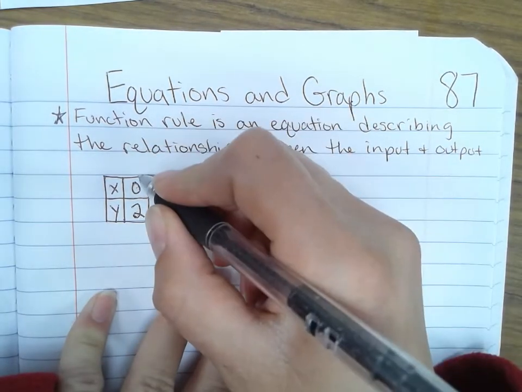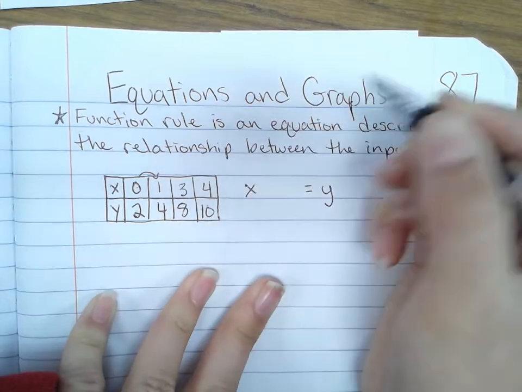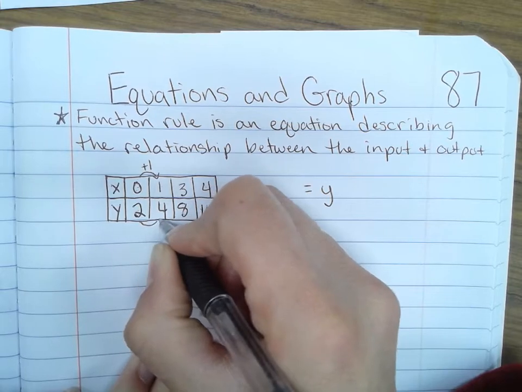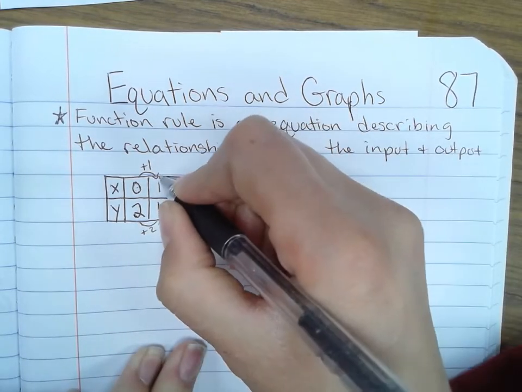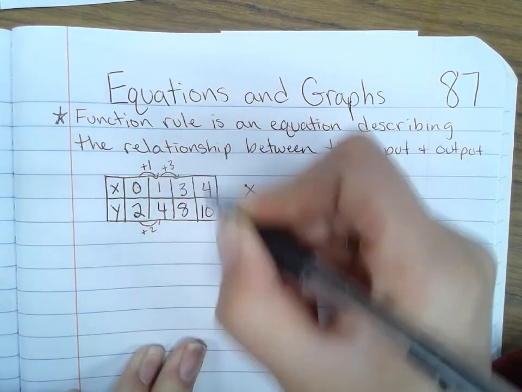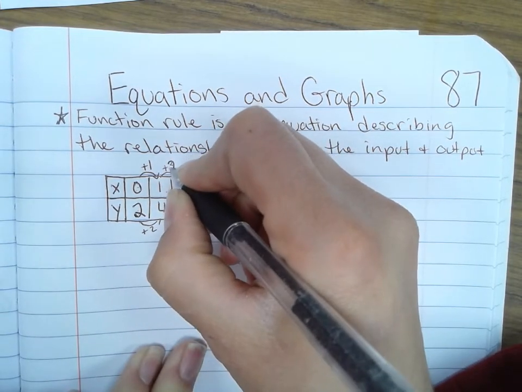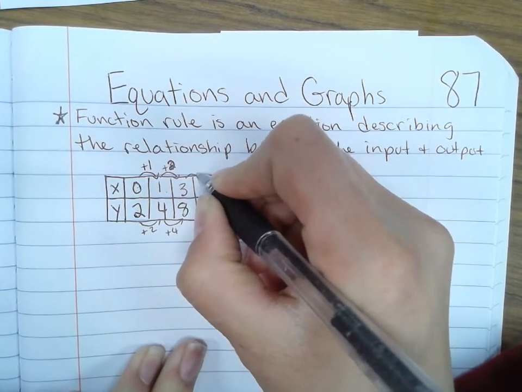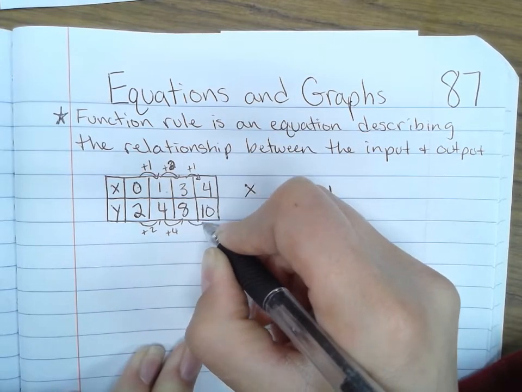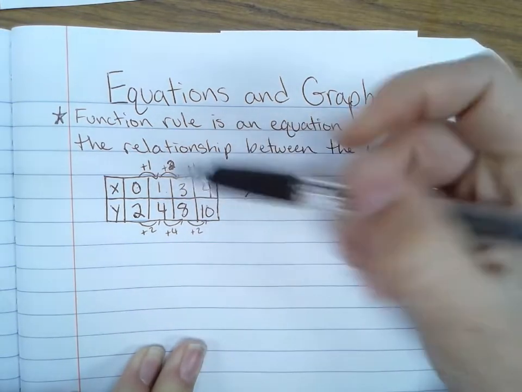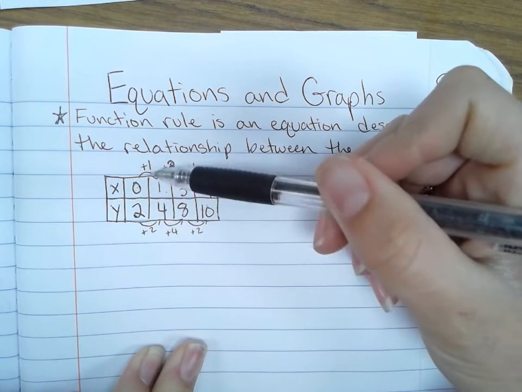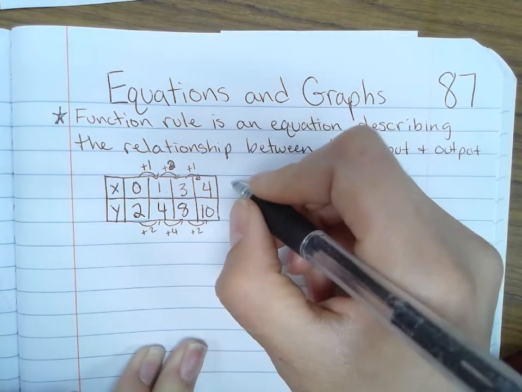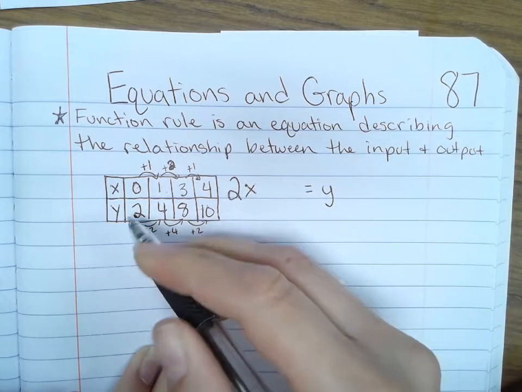So let's take from here to here, see how much it changes. From 0 to 1, it changes 1. From 2 to 4, it changes 2. From 1 to 3, it changed 2. From 4 to 8, it changed 4. From 3 to 4, it changed 1, and from 8 to 10, it changed 2. So as this one grows 1, this one grows 2. So this is 2 times as much. This is also 2 times as much. Okay, so what we're seeing is a pattern here, the y is growing 2 times faster than the